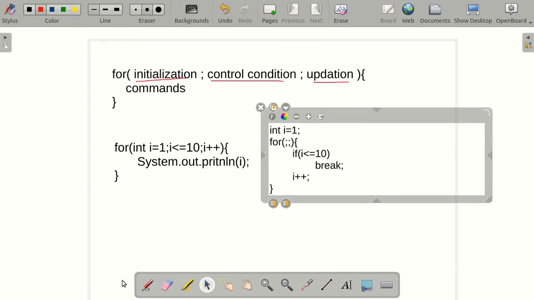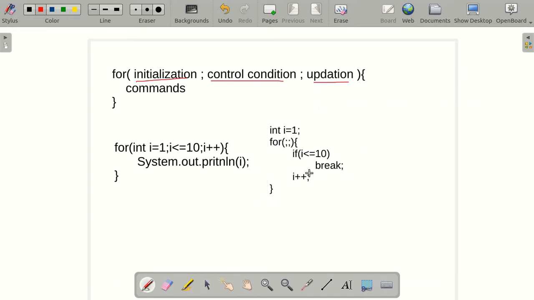Now let's see what this loop does. Once the compiler is executing the program, all the statements above the loop are executed. Now this statement is executed and some memory has been allotted to an integer type variable named i, and value 1 is stored for that variable.